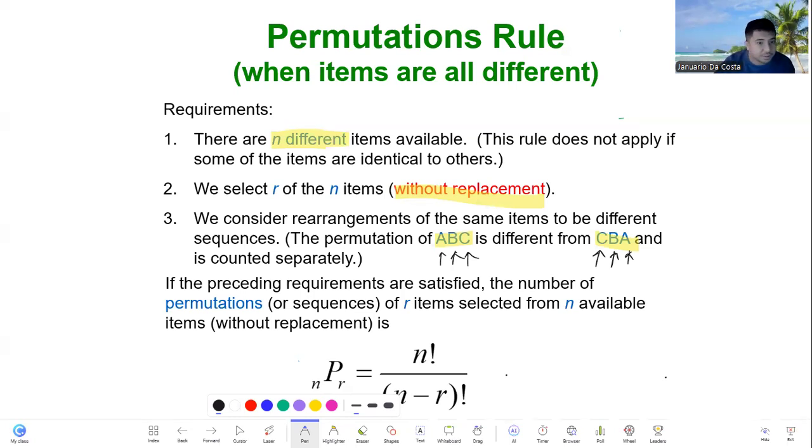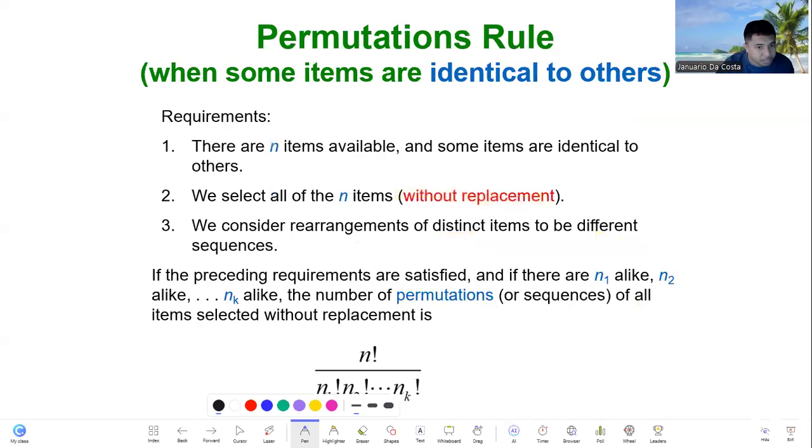Okay, so this is the formula for permutation. Now, there's also a rule. You call it a permutation rule. So the permutation rule simply states that